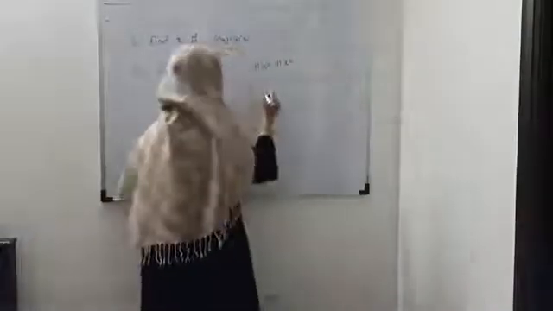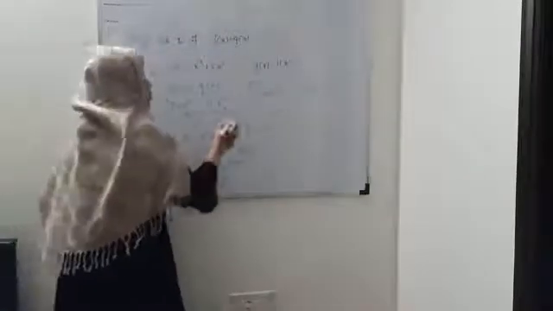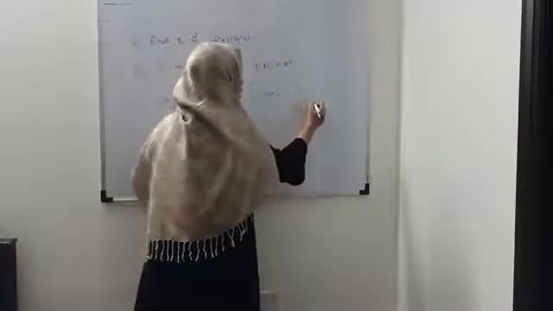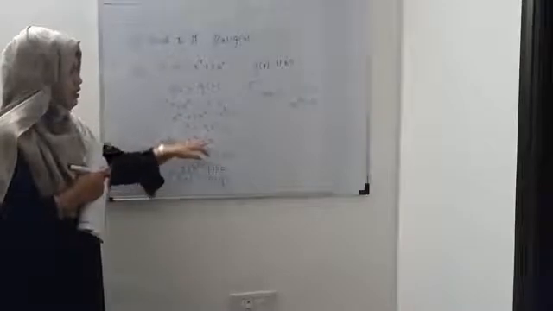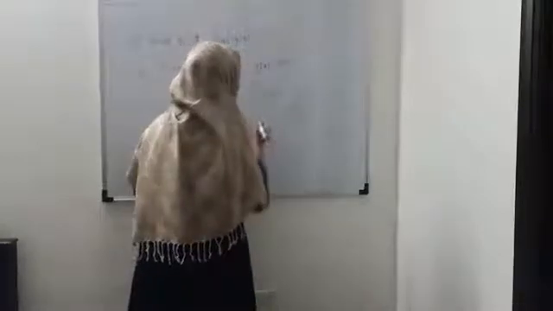So case one is if t is equal to 0. If your t is equal to 0, then x square is equal to 0. Okay? If t is equal to 0, then x square is equal to 0. अगर x square 0 है, that means x is equal to 0. तो the first value क्या मिली हमें, 0.